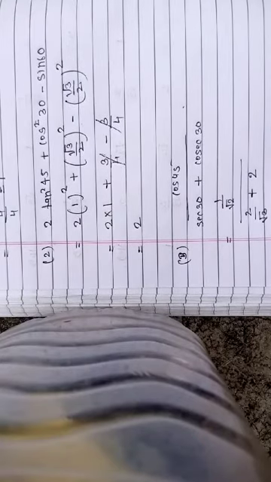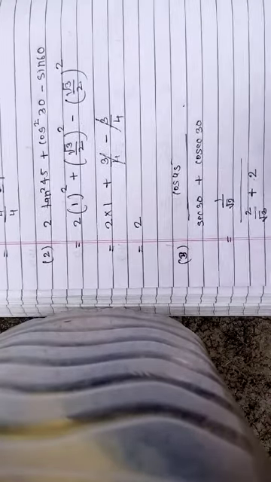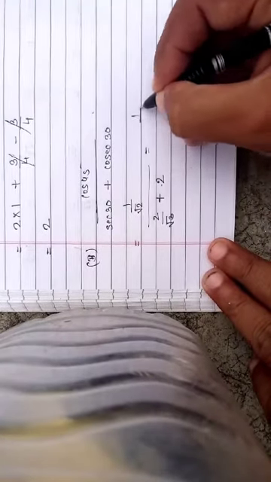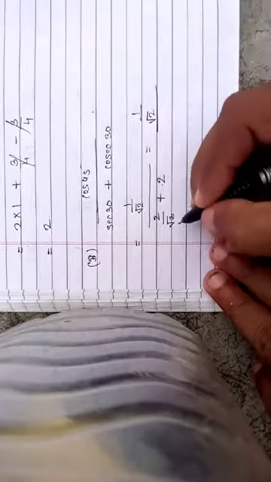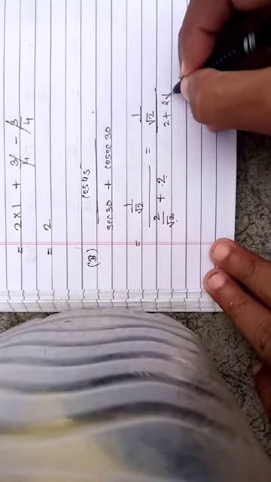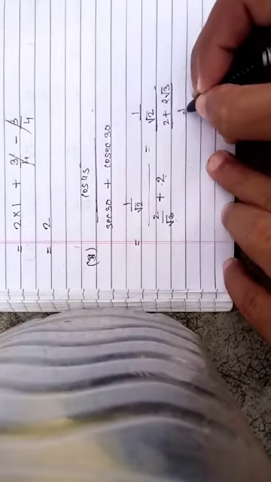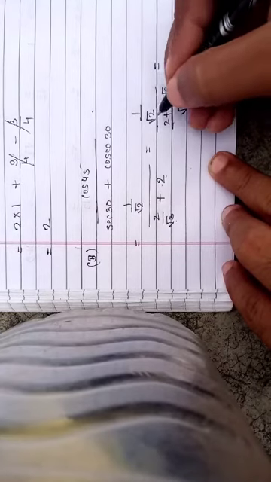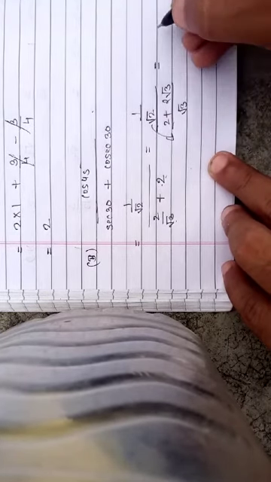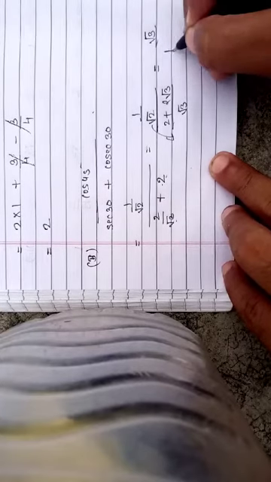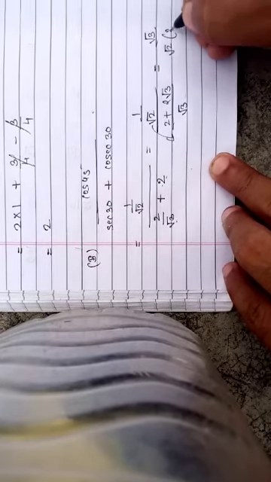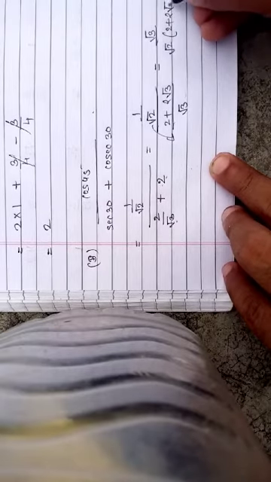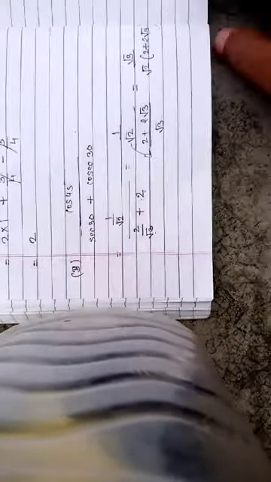Now we have to find the values of this. So you can cross multiply these two terms and you will get the value. This will give you 1 upon root 2, upon, cross multiplying, 2 plus 2 root 3 upon root 3. This root 3 will go up and this root 2 will come down, so that is root 3 upon root 2 into bracket 2 plus 2 root 3. Okay, this is the final answer.